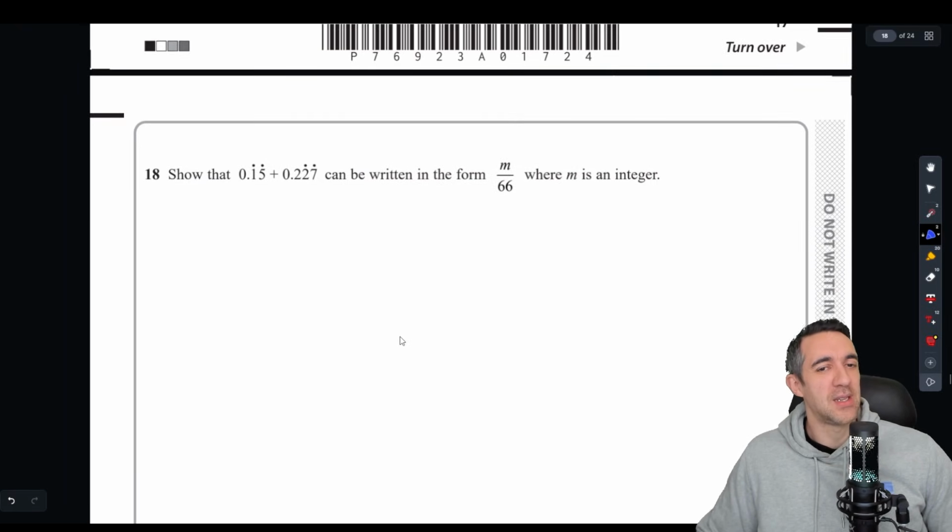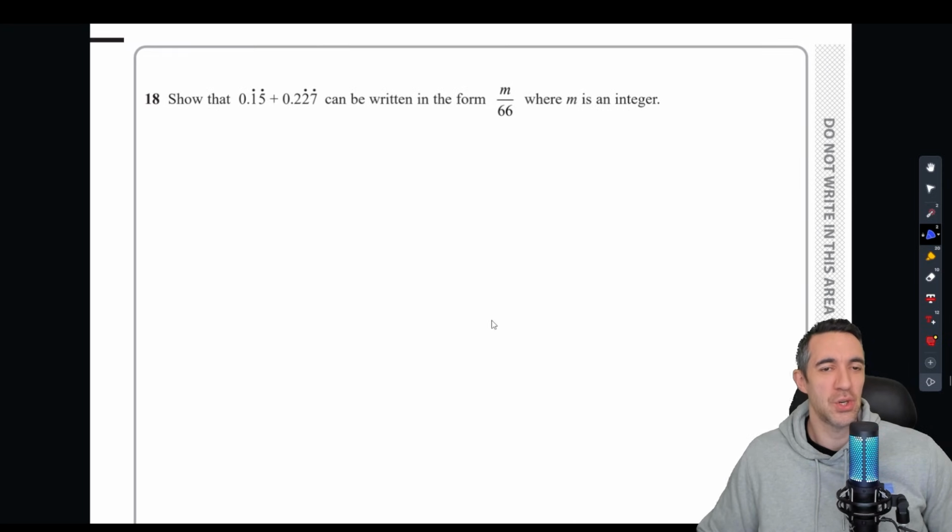Right, so what are we on? 18, all recurring decimals. All right, got to be some marks here. 3, that's a bit mean. I've got to do 2 recurring decimals, and they're only going to give me 3 marks. Ouch. Right,